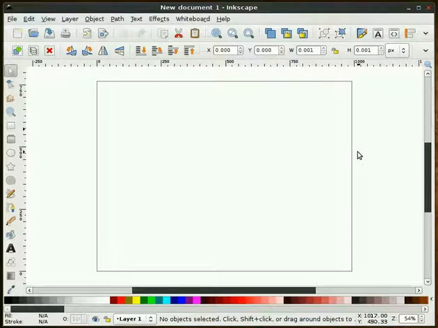In this screencast, I will demonstrate a quick method for masking objects on a textured background. Let's begin. Okay, recently I wanted to make a background or a wallpaper for myself, and I wanted to use